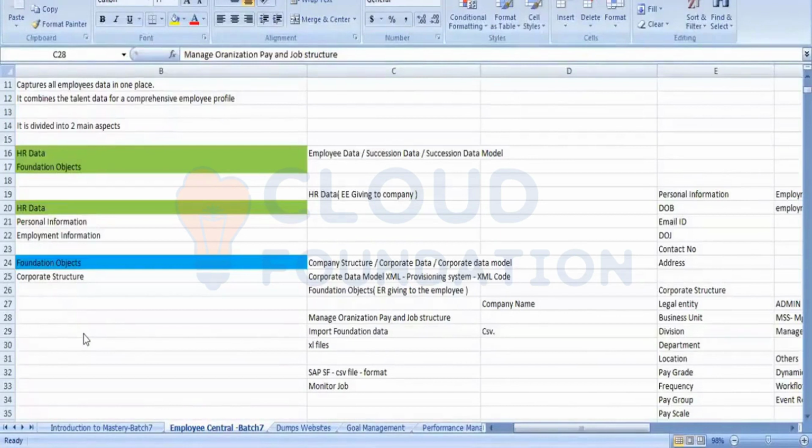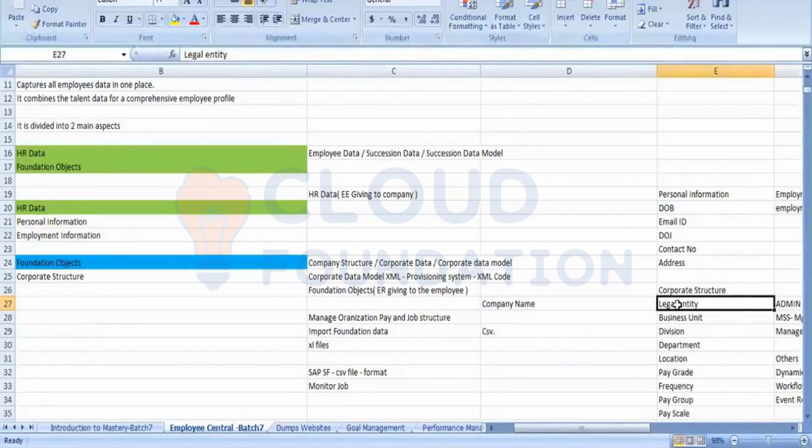But in the front-end system, whenever you want to make changes to any objects or any fields, there are some dependencies which lie in the provisioning system. Now, when we are discussing the foundation object, when you are creating a record for the foundation object in the front end, that is, in the legal entity, there are certain fields.